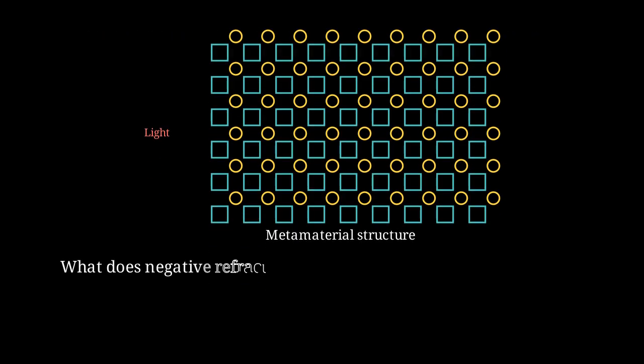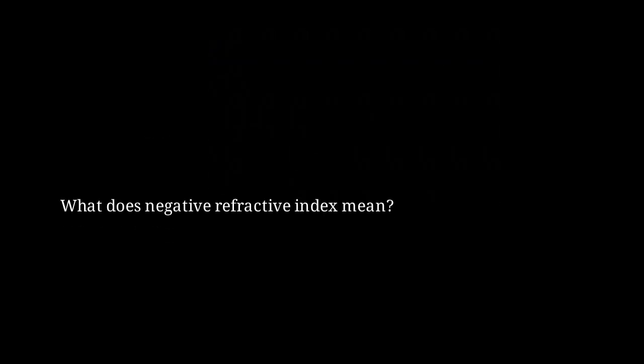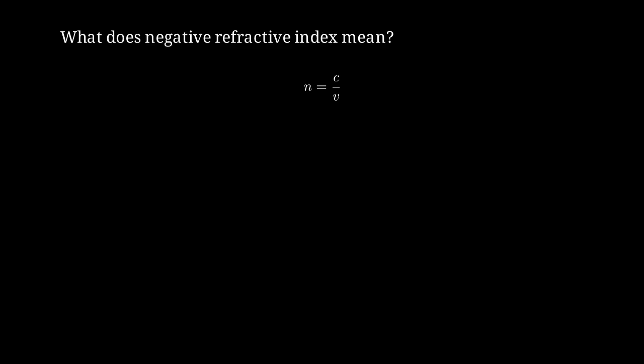What does negative refractive index mean? In normal materials, light bends one way when entering from air. In negative index materials, light bends the opposite way. The refractive index n equals the speed of light c divided by the velocity in the medium v. Normal materials have positive n, but metamaterials can have negative n, which seems to violate intuition but is perfectly allowed